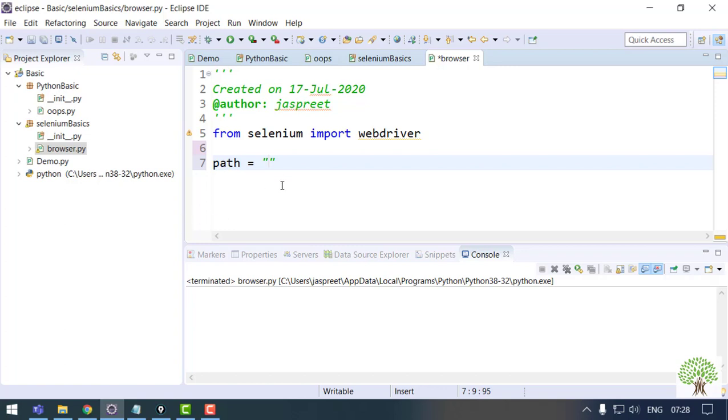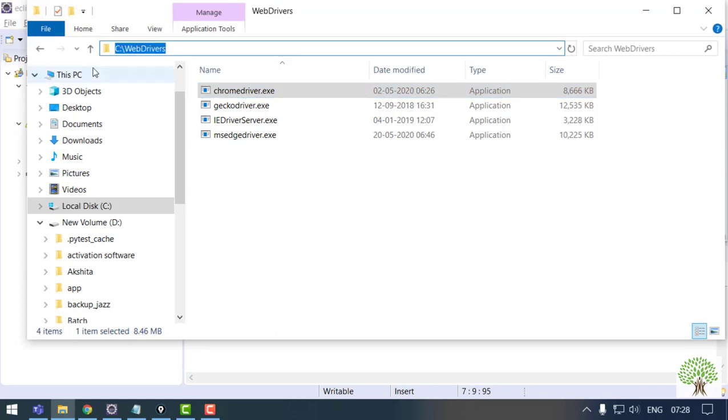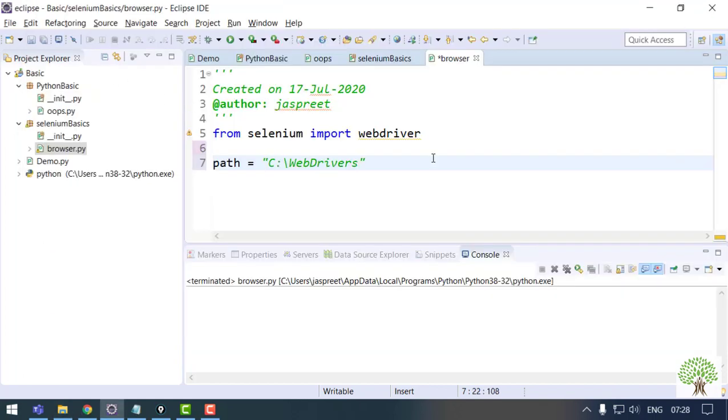Over here in this variable, I will be giving the path of this Chrome driver, chromedriver.exe. You can replace the slashes with a double backward slash or a single forward slash. That's totally up to your wish.